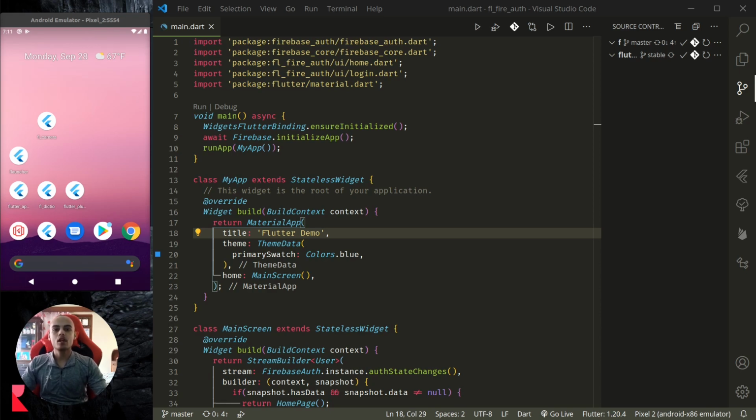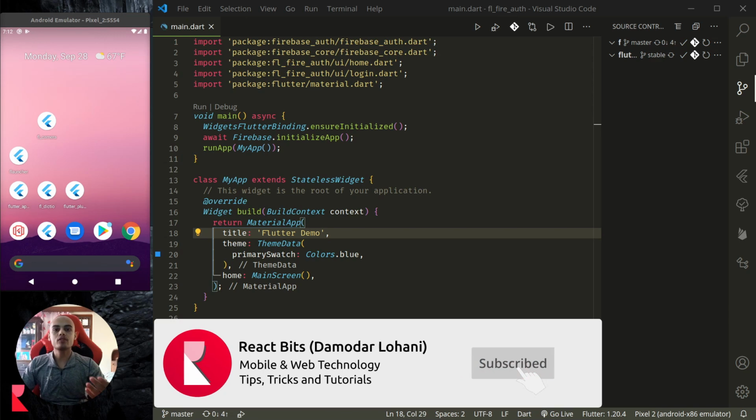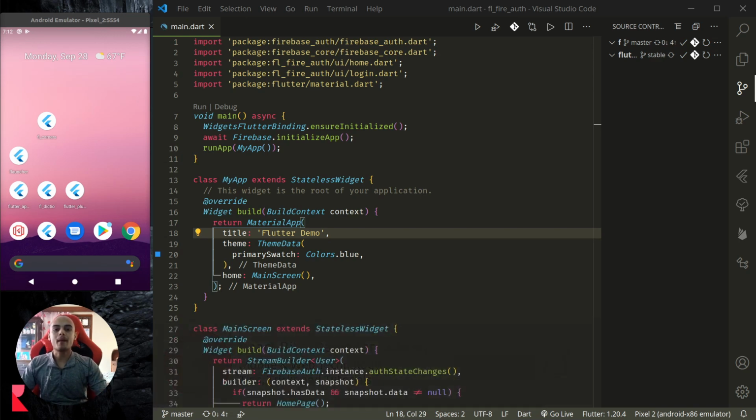In this episode, we will continue on from our previous tutorial of Firebase Auth. The link is provided here or in the description below. In this episode, we'll add a few more functionalities to our Firebase Auth application. So, we will learn to save user records in the Firestore database. We'll also learn to manage the role of the user using Firestore database and display different UI based on the user